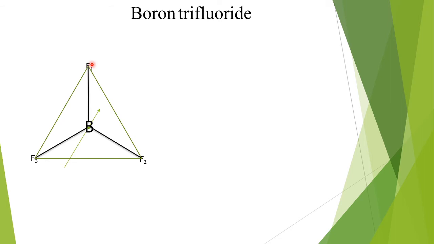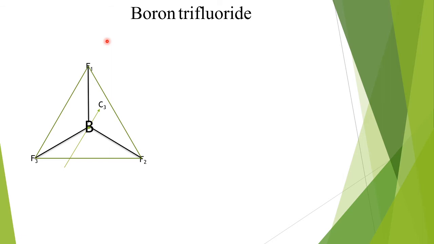So how many similar appearances have we got? First, where F1 is in the top position, then in the second position, that is right bottom, then another orientation on the left bottom, and then back to the original. So we have 3 similar appearances. Three similar appearances means the axis is called C3 axis or threefold axis of symmetry, and it is denoted as C3.